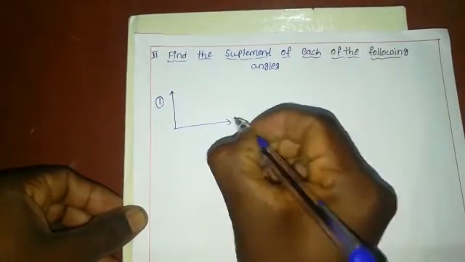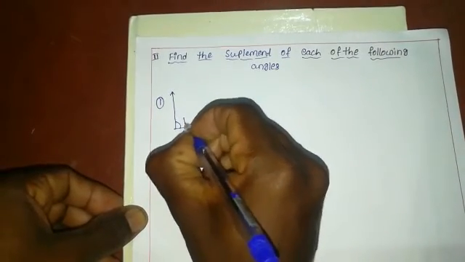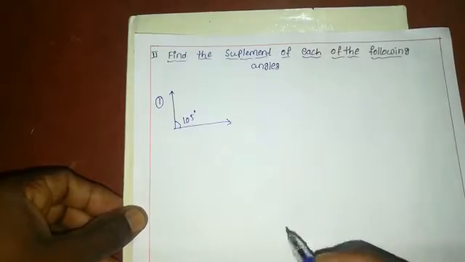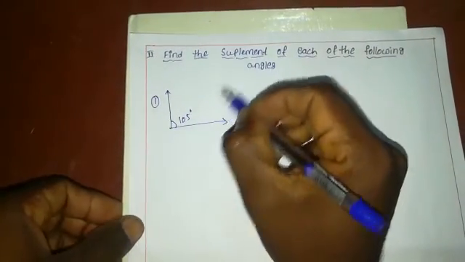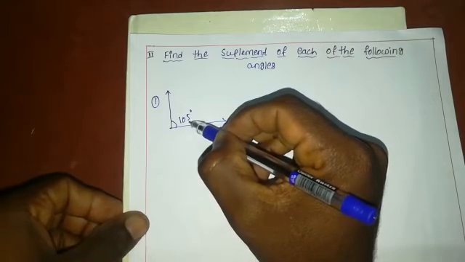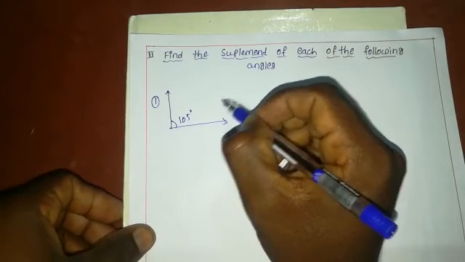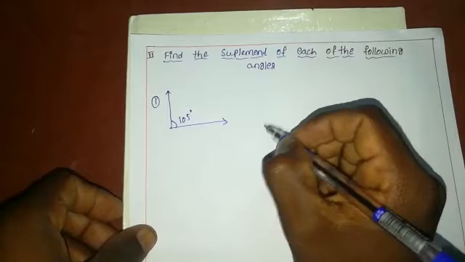The measurement of the angle is 105 degrees. Now we have to find the supplementary angle for this angle. We know the condition for supplementary angles: the sum of two angles is